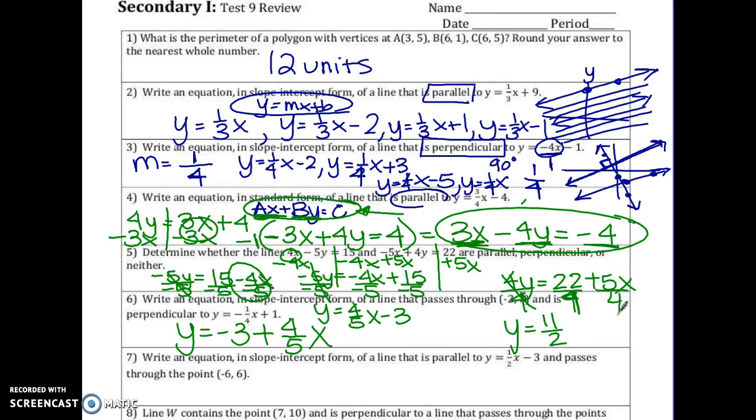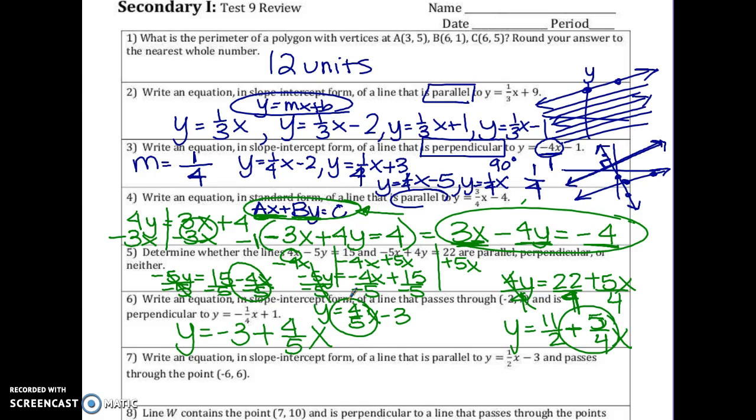And 5/4 just is a positive still, 5/4. So positive 5/4, positive 4/5, that's what we're comparing, those slopes, to check to see whether it's parallel, perpendicular,